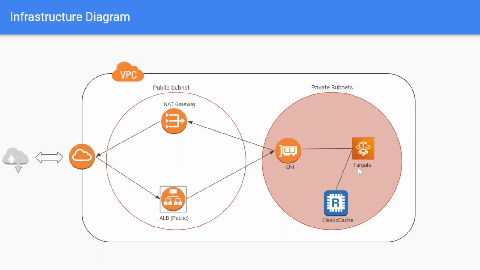Under the private subnets, we are going to have the Fargate. The ENI will be there by default with the private IP addresses. Along with this Fargate, we have the Elasticache Redis, which is also set up under the private subnets. These private subnets can be accessed only through the public subnets, so we can't access them directly from the internet. We have a gateway, this is the internet gateway that we have set up, and